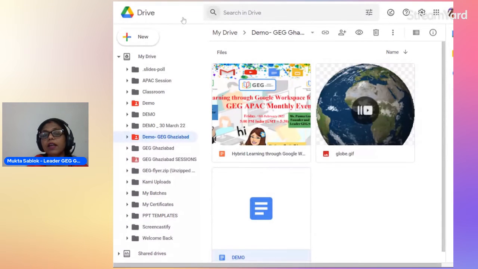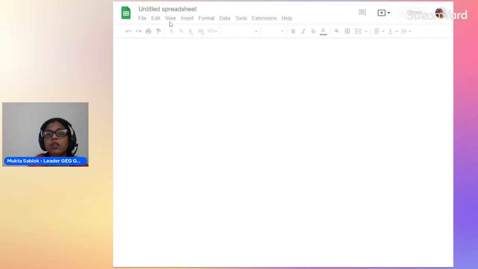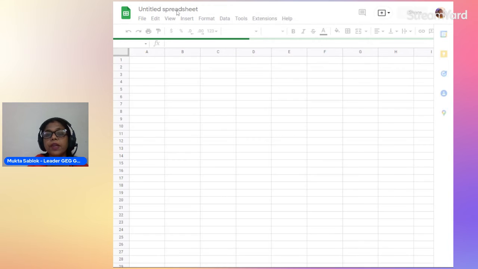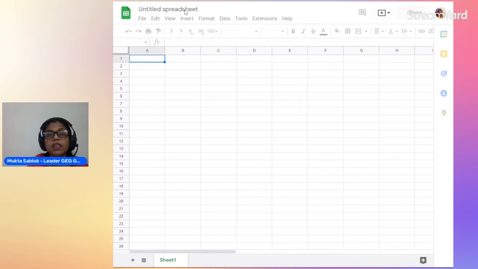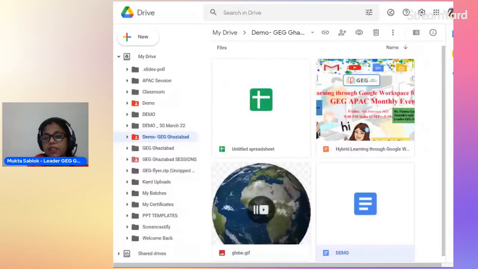Yes. Now I can create a sheet. Again, it shows the message, and the sheet is also created. A new sheet is created. So in this manner, we can create and work on new docs or sheets or any type of these files.